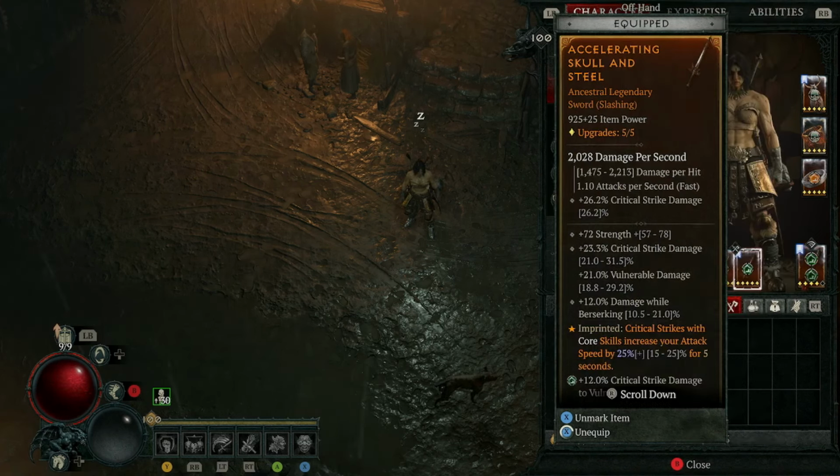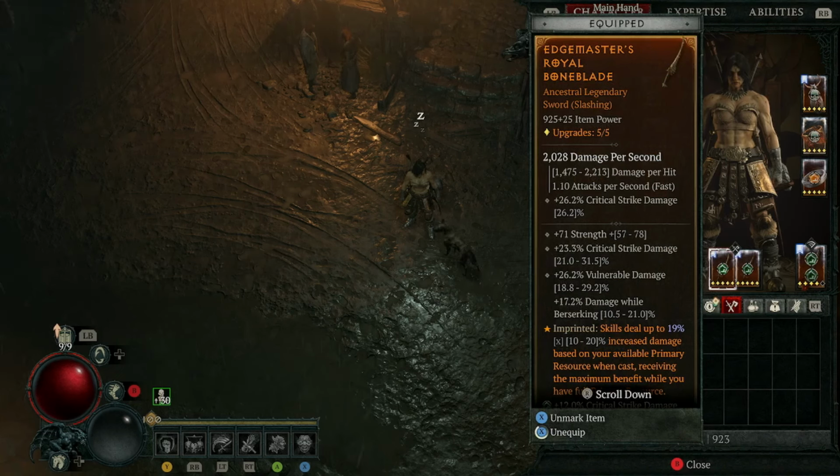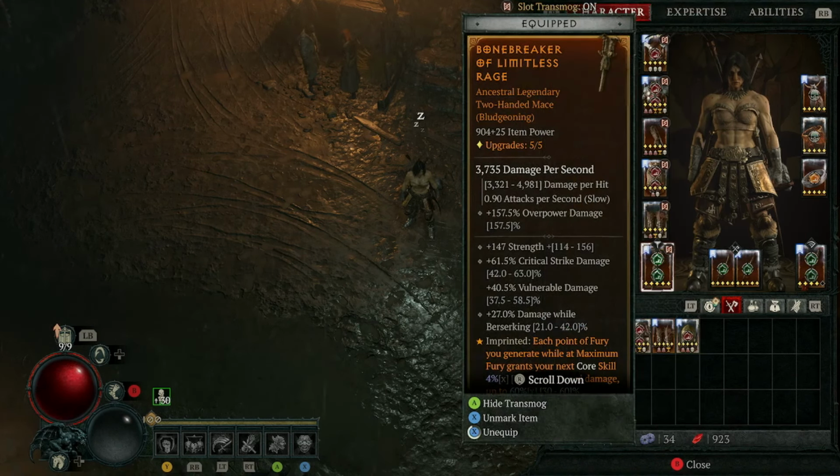For the next sword, for our one-hander, you want crit strike damage, vulnerable damage, and damage while berserking. We're going to be running the accelerating aspect on this one with strength stat, of course. Another strength stat, crit strike damage, vulnerable damage, damage while berserking. We want edge masters on here. And for our last two-handed, we're going to be running limitless rage aspect, strength stat, another crit strike, vulnerable damage,